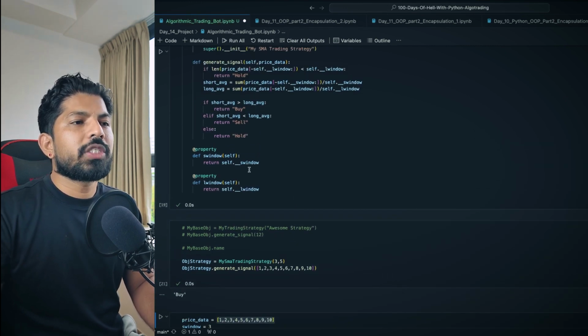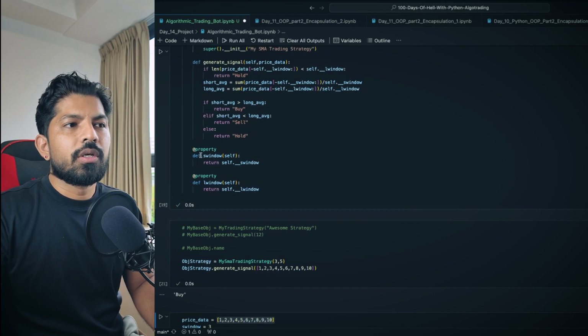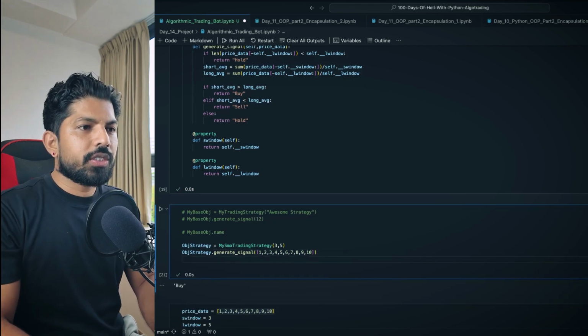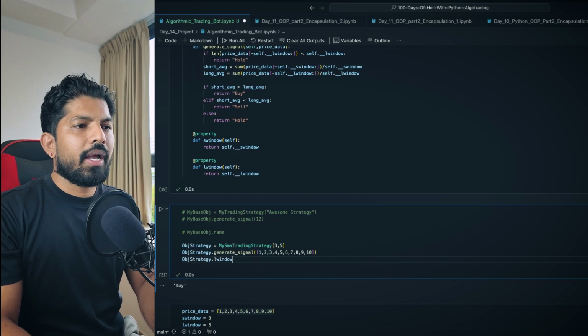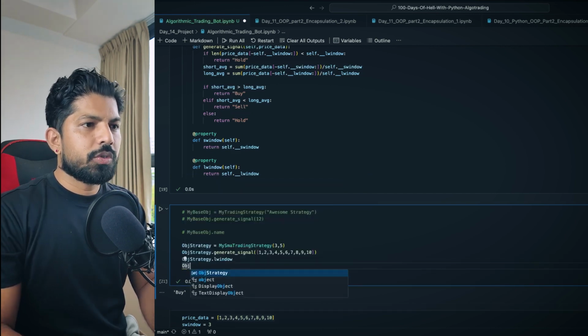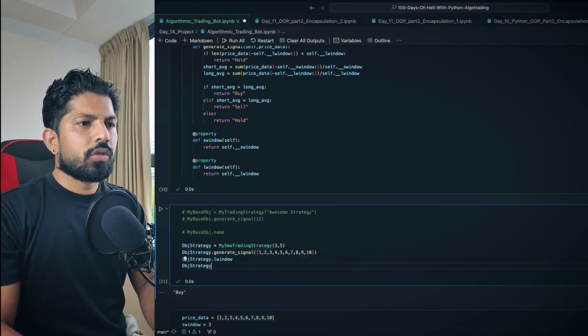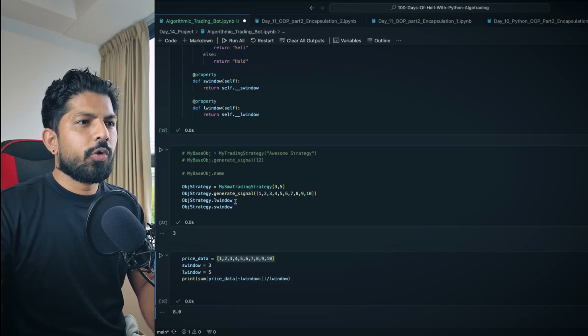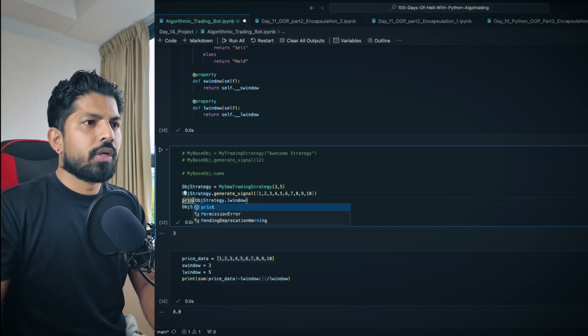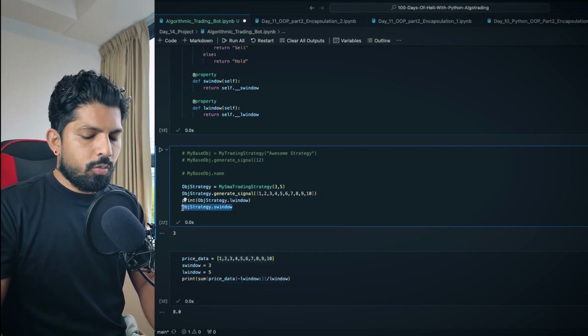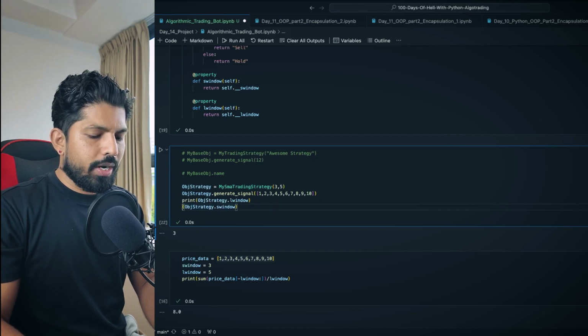And again, if I want to check these methods with the decorator, I can just give the name of this object: obj_strategy dot long_window, and I can also give obj_strategy dot short_window. When I hit shift enter, it should give me both. I'll print, because in a notebook we have to print in order to get the values.